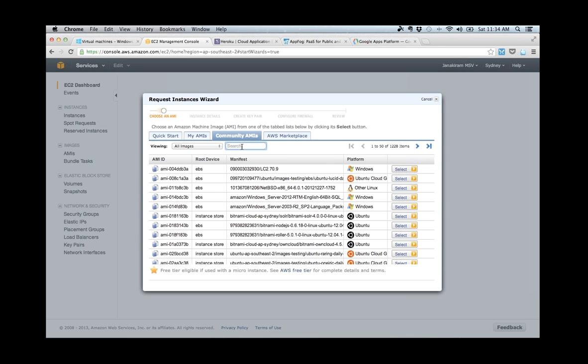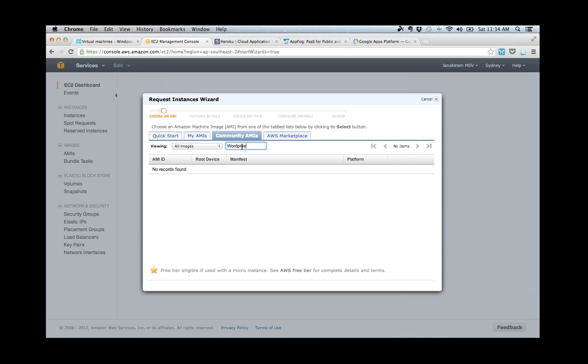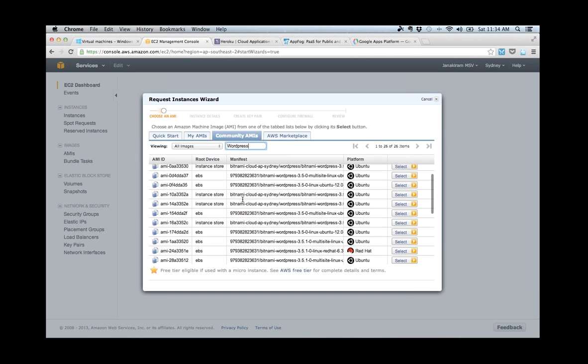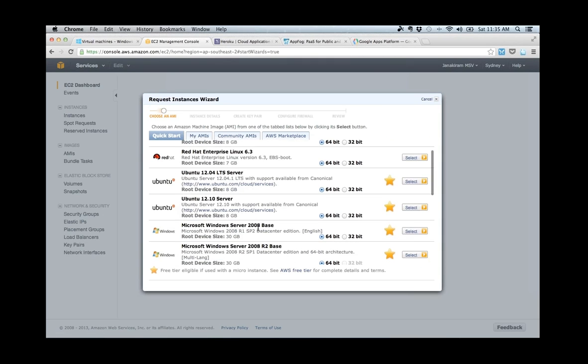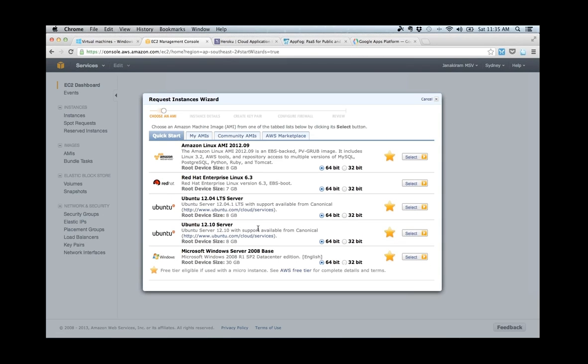If I want to launch WordPress, it takes me just one click to launch a pre-configured WordPress server. And then I just need to port my application and I go live. So this is how you deal with infrastructure as a service, where your servers are now virtual, they are pre-configured, and you just click and launch a server. This is just one example.